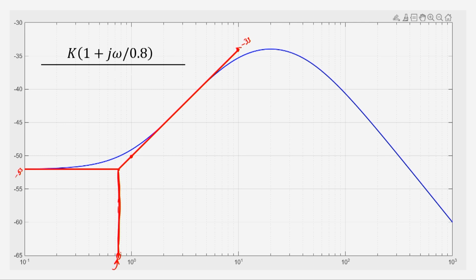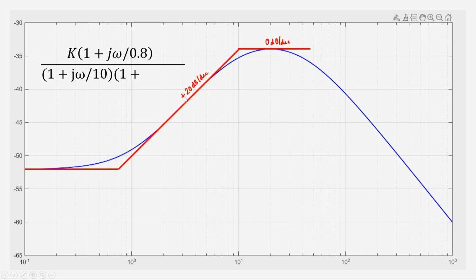So, this is somewhere around 0.8, say. Okay. So then the factor that comes is 1 plus j omega by 0.8. Now again at this point I can go ahead and draw another line. You see, this was a plus 20 dB per decade line. Now it has become a 0 dB per decade line, which means there is a contribution of minus 20 dB